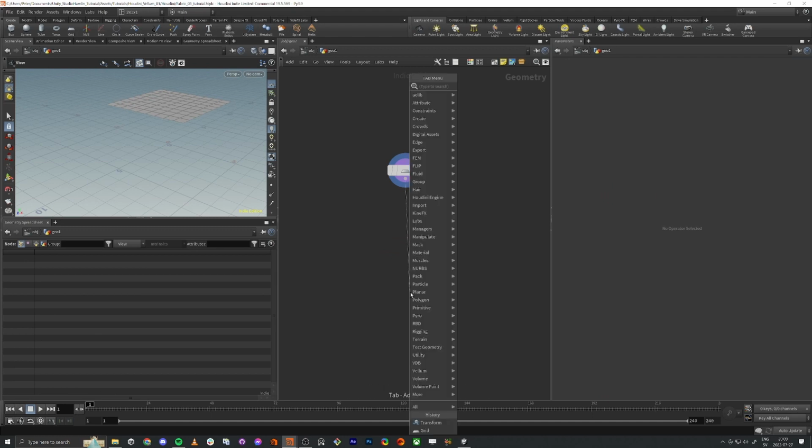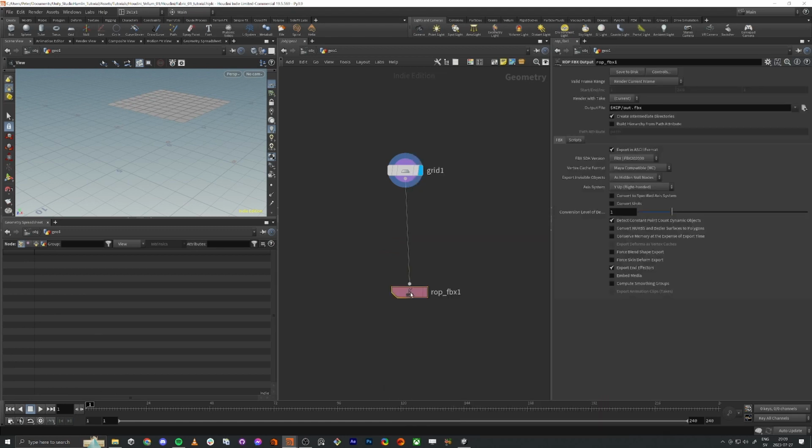So I'm gonna do ROP FBX, and I'm gonna make sure. So what's happening here is that you see a dollar sign and hip. That means it's gonna be saved next to the hip file. So the hip file is where this file is saved. So if I middle click on it, you can see the full path like this. So it's gonna be saved in the Unity folder structure. So I middle mouse click again to get back, and then I just do